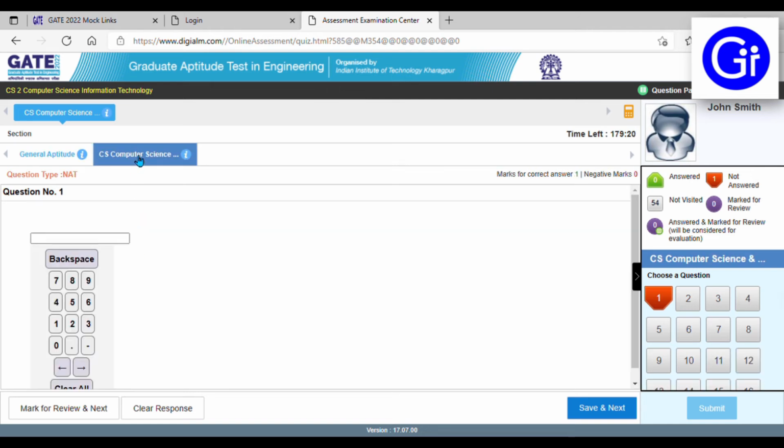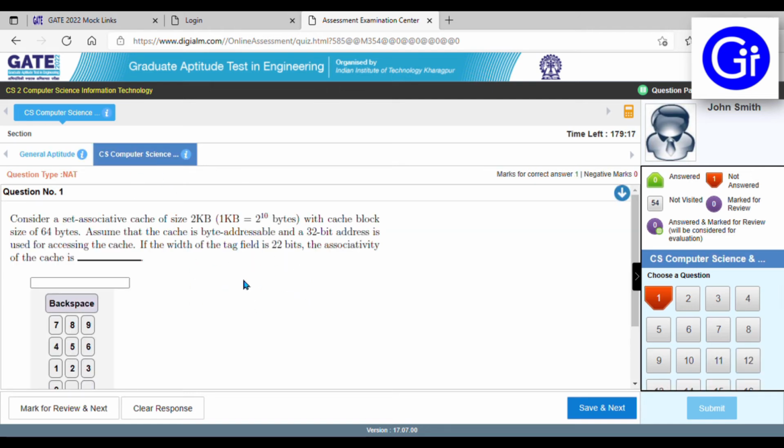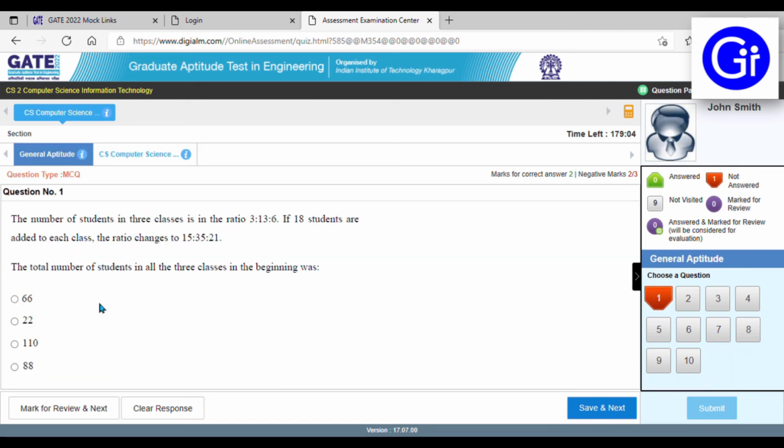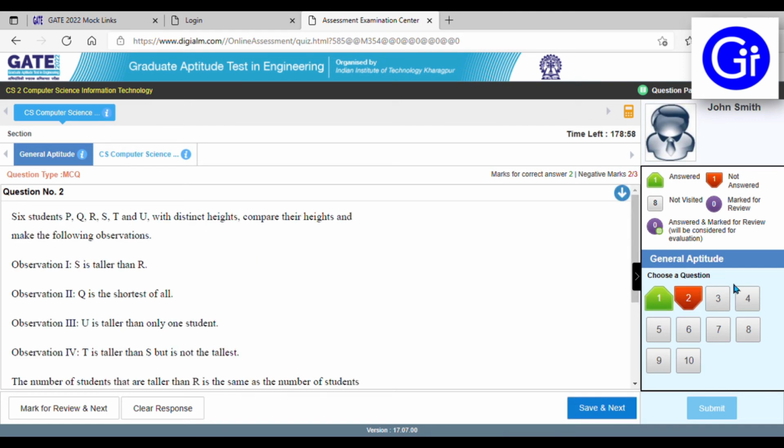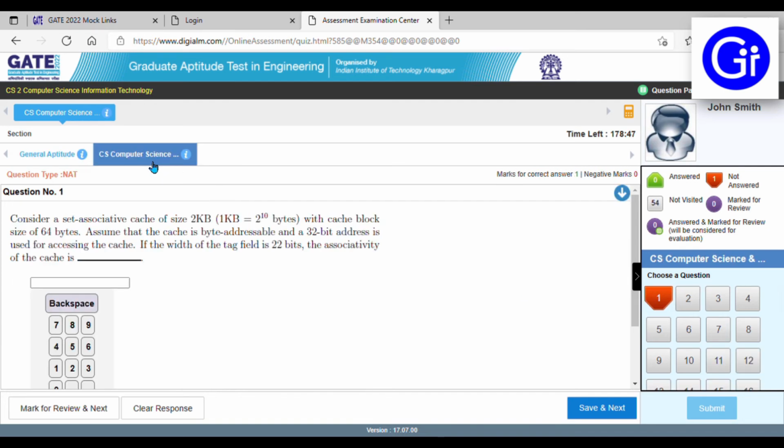If you click on this tab, as I had selected the computer science question paper, I am seeing all the computer science questions. If you select some other mock test, like for electrical engineering, then here you will see the specific subject related questions. If I select this one and do save and next, then on the right hand side the tab shows the number of questions. As I had clicked general aptitude, I am seeing 10 questions, as general aptitude comprises of 10 questions only. If I go to the subject wise questions, I will see all the remaining 55 questions. Yes, 55 is the last question.